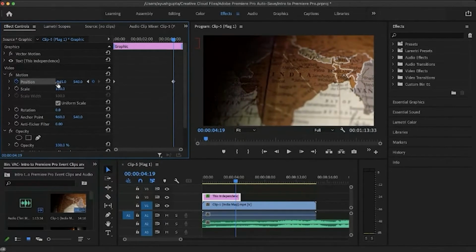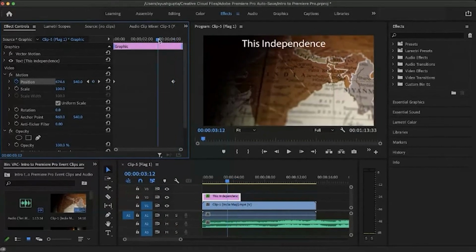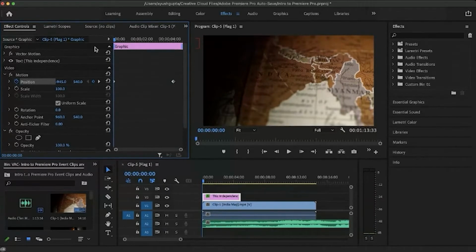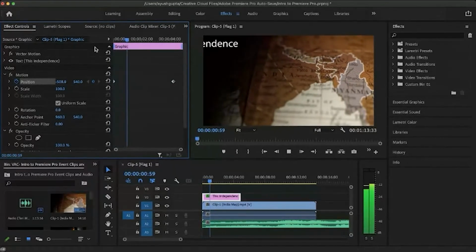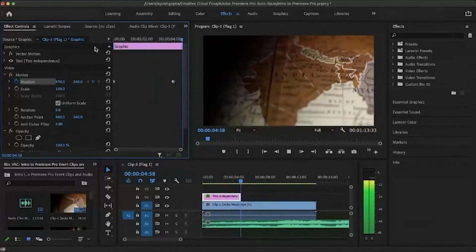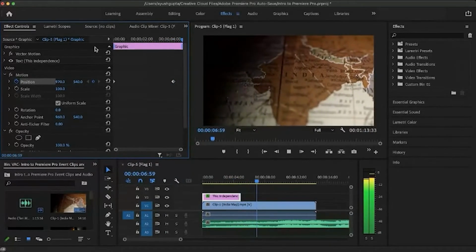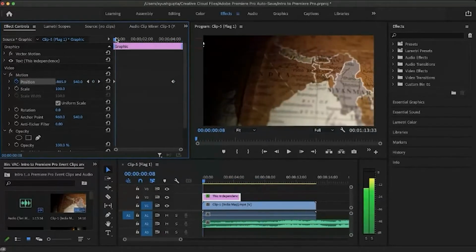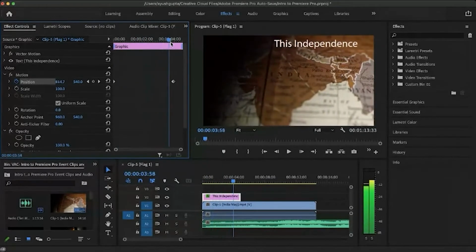Click on it and drag the text to wherever you want. Suppose I want this on the upper right side of the screen. So when I move this to 0 and then play again, now see the screen. The text transitions over the screen.